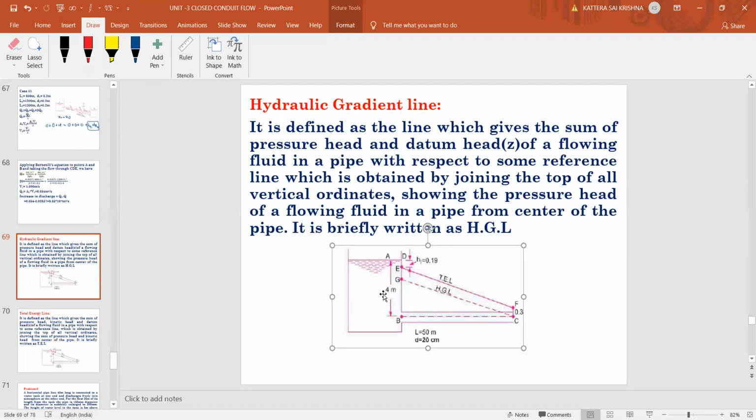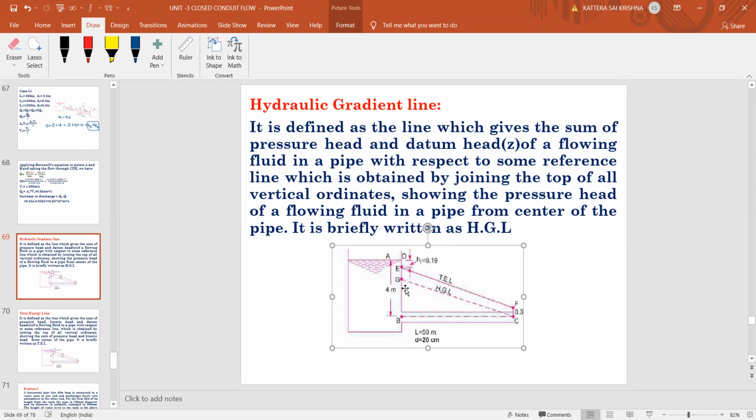Okay, so what we will take for this pipe, suppose here it is shown as a single horizontal pipe. Suppose if you have many cross section of the pipes, it may be having enlargement or it may be having contraction. Any different types will be there, not like a horizontal constant diameter. It will be varying diameter. So at that time, what happens? We don't get a single horizontal line like this.